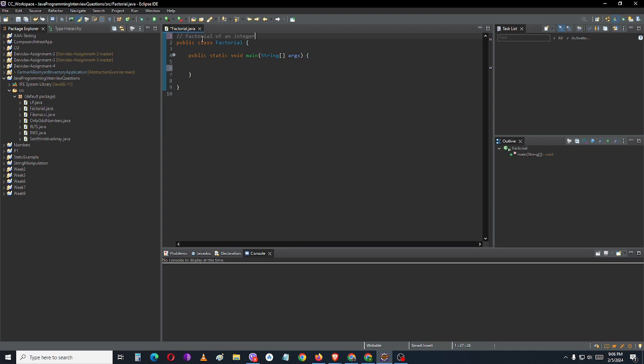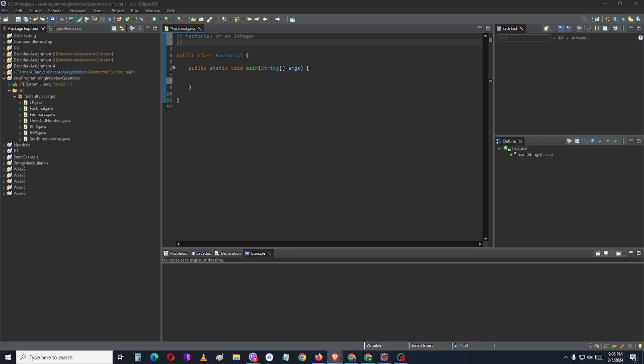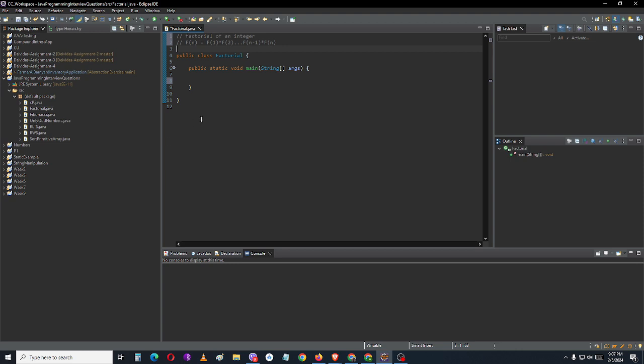factorial of an integer. The best way to show it is by showing this formula. Fn equals f1 times f2 till it goes till the last variable n. So what we're gonna do is we're gonna use